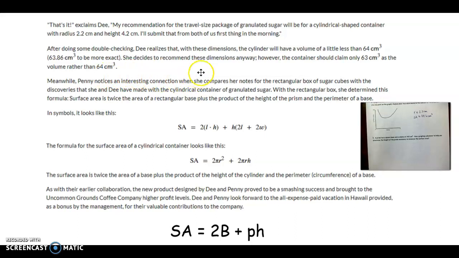Meanwhile, it says Penny notices an interesting connection when she compares her notes for the rectangular box of sugar cubes with the discoveries that she and Dee have made with the cylindrical container of granulated sugar. So with the rectangular box, she determined this formula